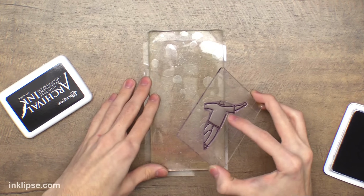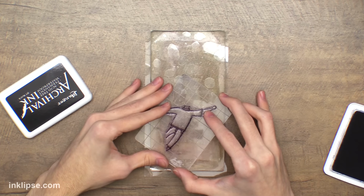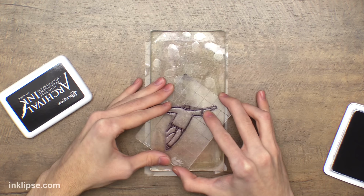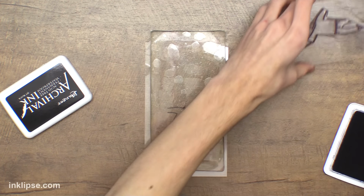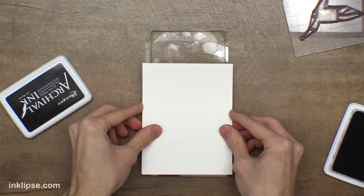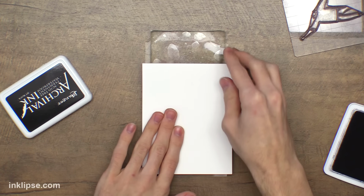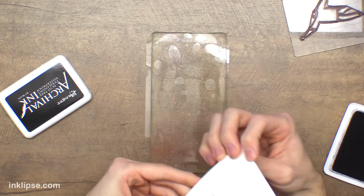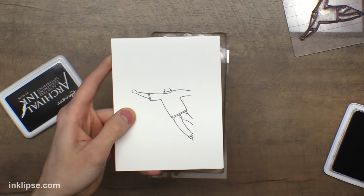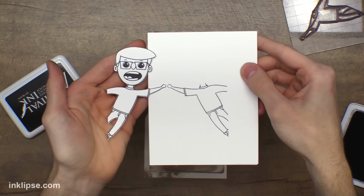So then I'm going to take my image, and with the gel press, it's pretty easy to overpress. So I'm just going to want to lightly kind of tap that almost into the surface. You don't want to add a lot of pressure, and just tapping it, make sure that the image is going to stay really nice. Then I'm going to take a piece of white cardstock and just apply a little tiny bit of pressure here. You don't need much. Then I'll peel that right off, and there you can see we have the mirrored image. So this is how this guy would usually stamp, with his arm going this way, but you can totally change it up